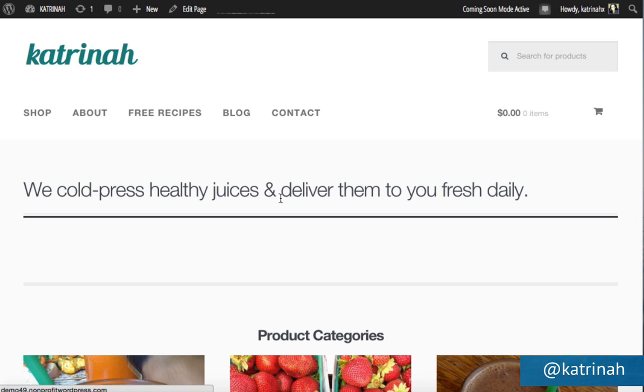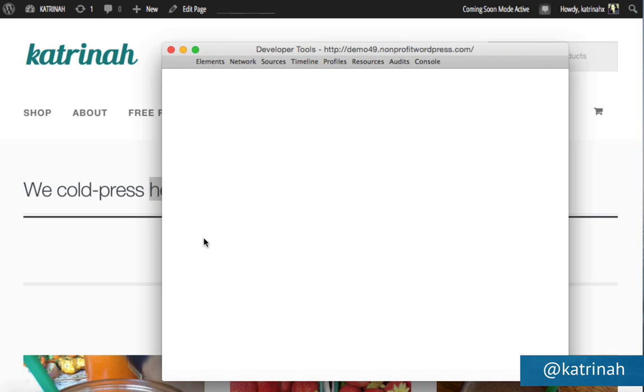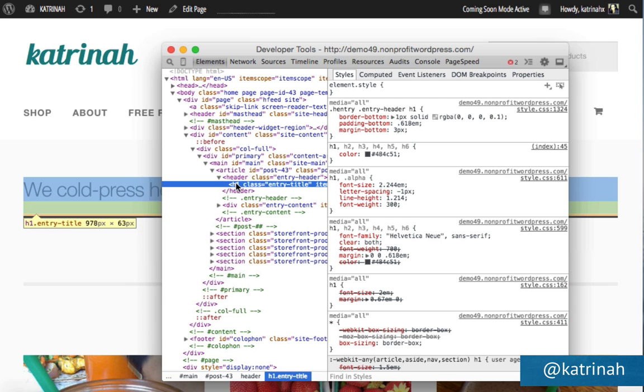However, this time, instead of going up to the top right-hand corner and clicking on these three lines, I'm going to go the fast route and simply hold down the Control key on my Mac. You can also right-click with your mouse if you're using a PC. I'm going to hold down the Control key and click on my mouse, and that will open up this other box right here, and we can go directly to Inspect Elements. So there's two different ways that you can find the developer tools and specifically Inspect Elements within the Google Chrome browser. This way will bring us directly to the code we need right here.